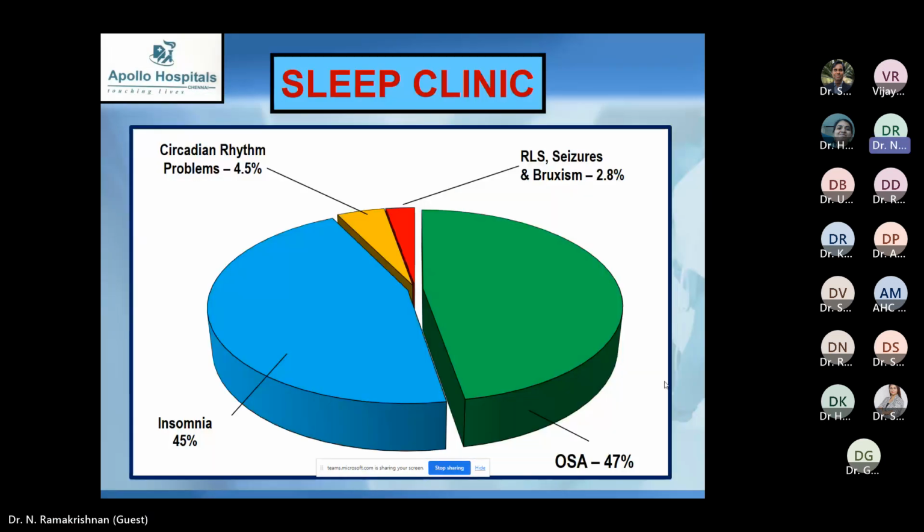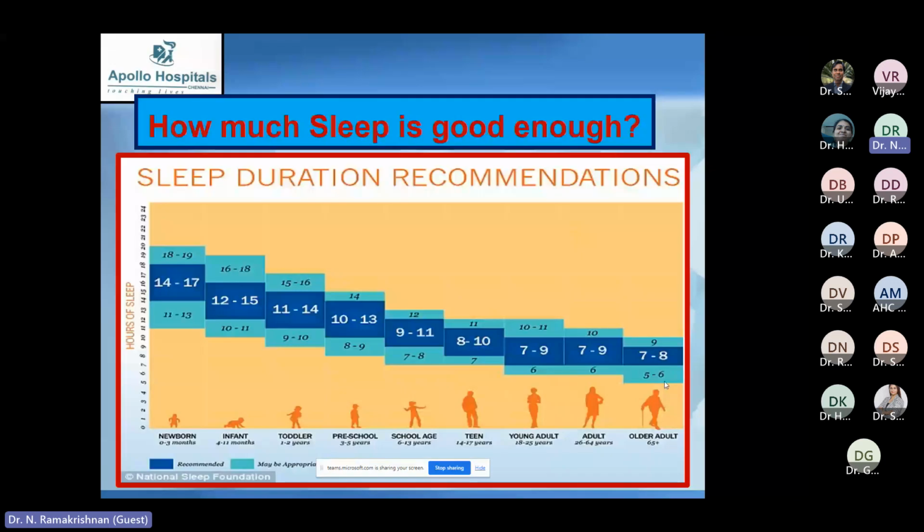We did a study where we looked at 1,000 consecutive patients, and we found that most of our patients were self-referred. They looked at media or found some information and came to us rather than being referred by other physicians for the sleep problem. Which takes us to the question of how much sleep is really good enough